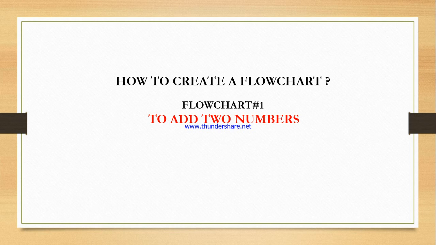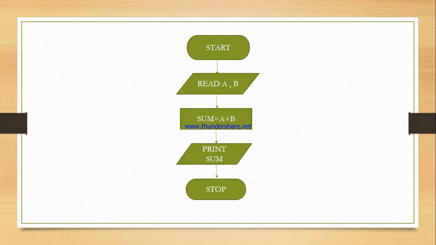Just look at the screen here. Can you see the first one, that is the start symbol? I have already explained the start symbol. Every flowchart, I have told you, will have a start and a stop button. First this is the start button and this is the stop button. Can you see both are the same shape? Here it is written start, here it is written stop.